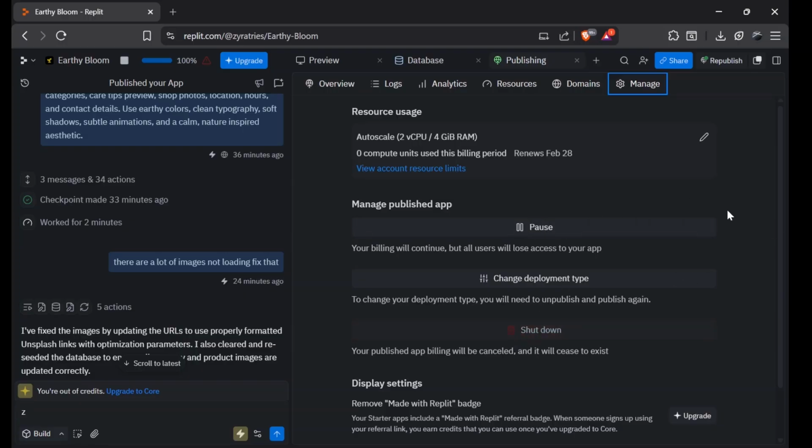And if you want to make the website private again, you can go ahead, pause this, shut it down whenever you please. So that was basically how you can generate your own website within 10 minutes using Replit AI. All you have to do is give a clear prompt on how you want your website to be, add in a few reference images if you like, or you can simply give information about your products which can be added to your website. Iterate through the whole building process and you have a fully